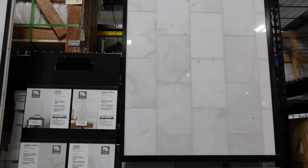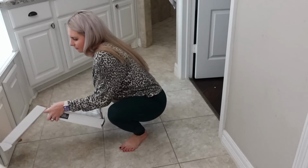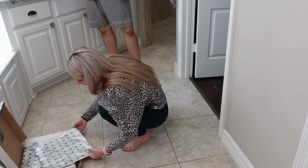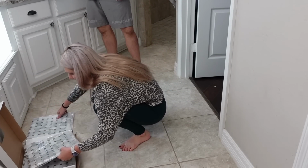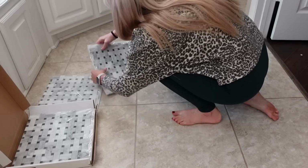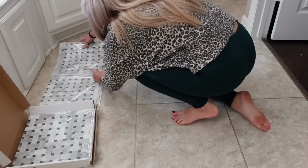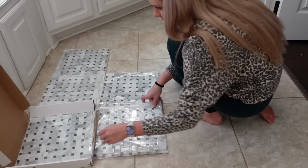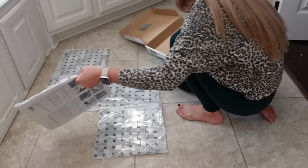We ended up bringing that one home, as well as the square piece in a bigger size. So we bought samples of everything that we thought we could possibly use. Although I wanted to go and buy everything right then and make that decision, we needed to see it on our floor and in our light. Since we are not changing the countertops and we are not changing the cabinets, we needed to see which one